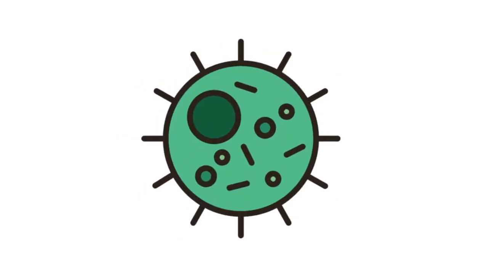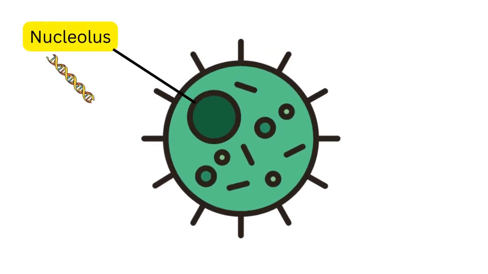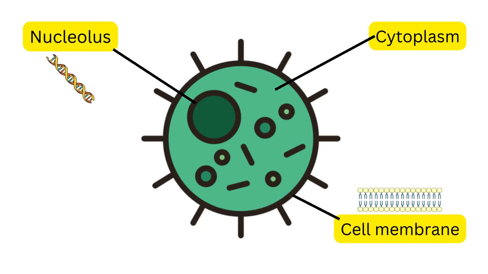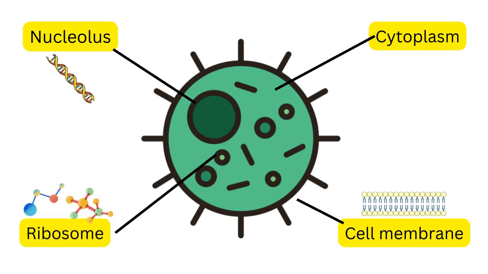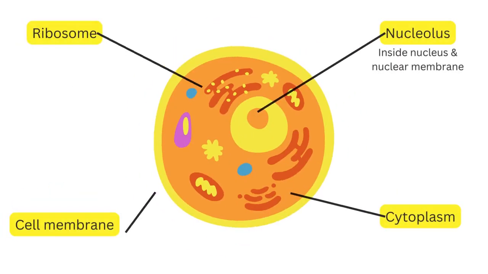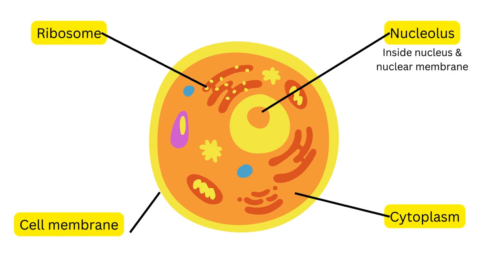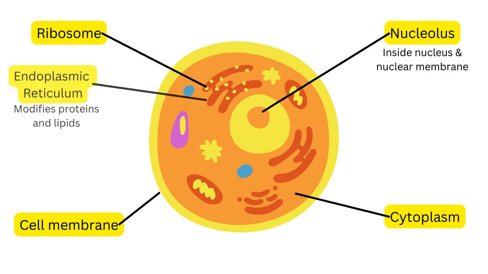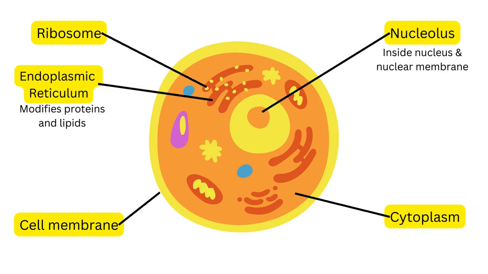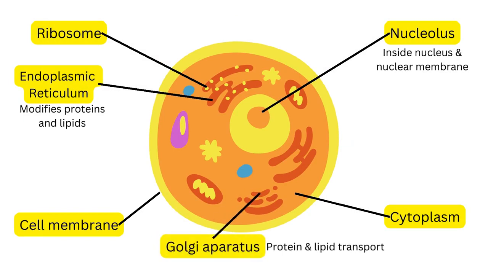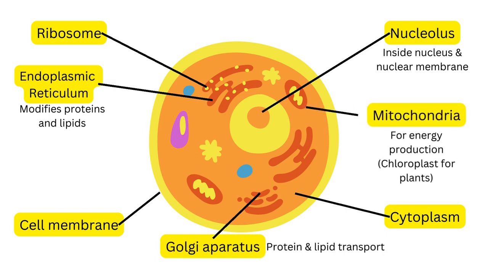Prokaryotic cells have only a few main components. Nucleolus, which contains DNA, cytoplasm, which is the liquid medium in the cell's body, cell membranes surrounding its body, and ribosomes, which is the structure that produces proteins for different cellular functions. Eukaryotes have all of the above, but they are bigger in size and contain more and extra complex components. They include endoplasmic reticulum, which is for protein and lipid production, Golgi apparatus, which is for packaging and transport components in the cell, mitochondria that is present in animals, or chloroplast, which is only present in plants.